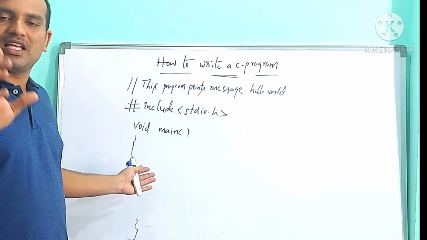Void is called the return type of the main function. This we will discuss at the time of functions. Until that time, for main you remember void main. Function brackets are open parenthesis and closed parenthesis, symbolic for function brackets. Then the main function is always followed by an open curly brace, and the open curly brace is followed by a closed curly brace. The space between the open curly brace and the closed curly brace of the main function is called the body of the main function.